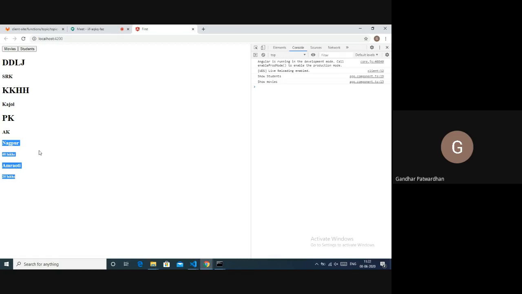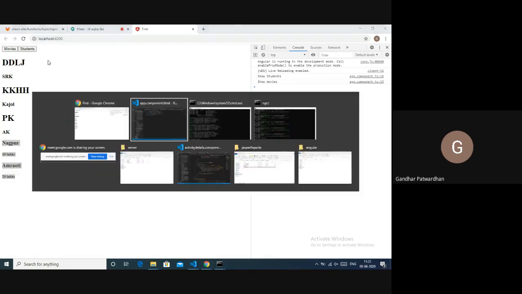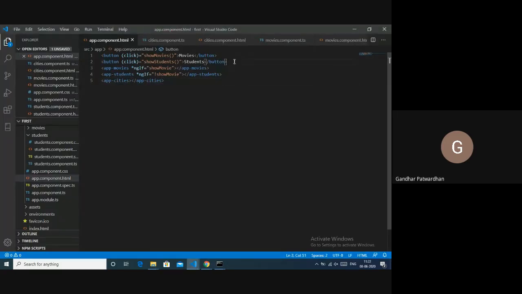Now, if I need to create another button here, let me write another button, and inside this button I'll call its name cities.